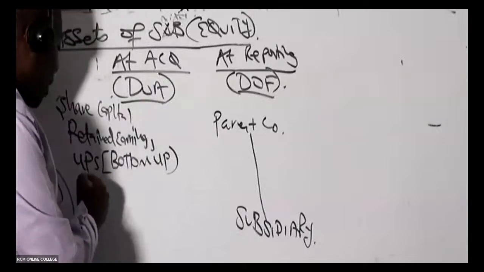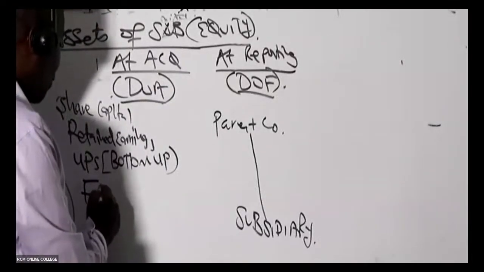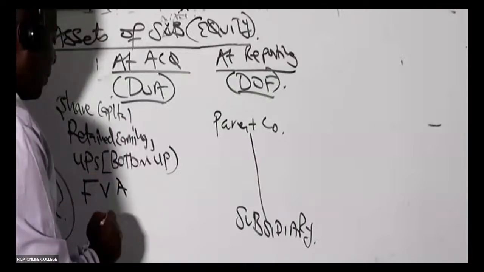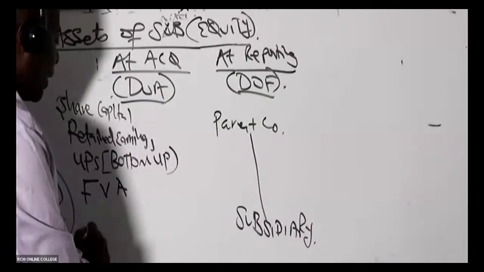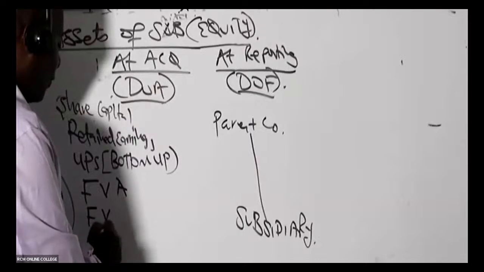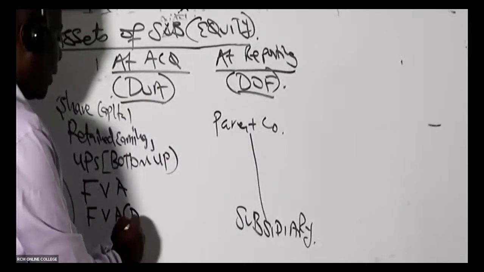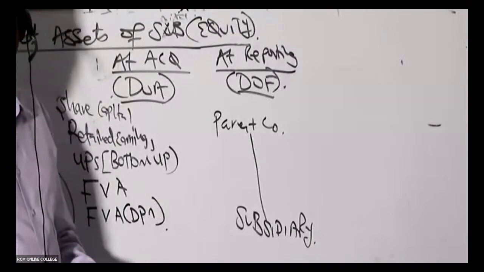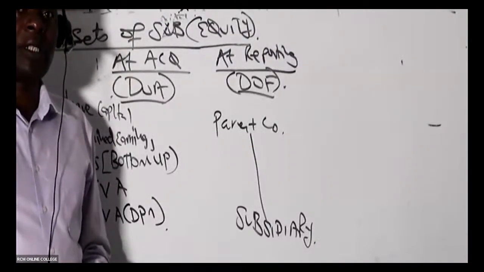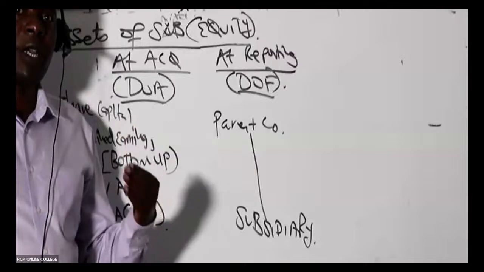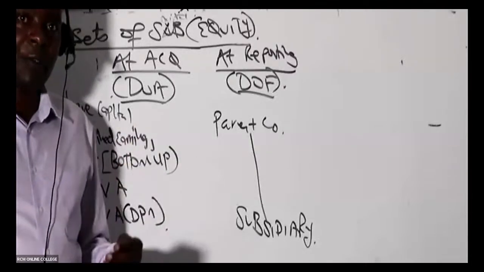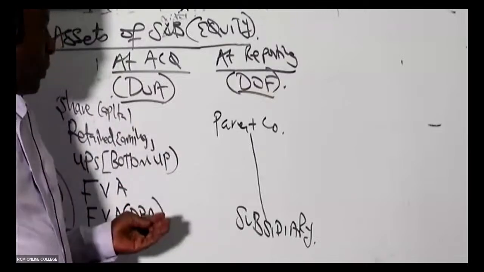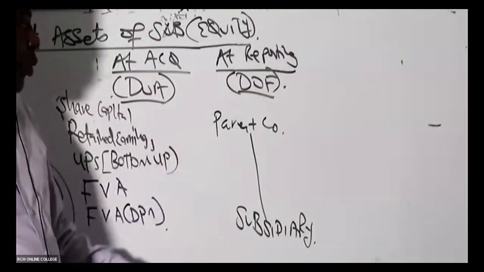After that, ladies and gentlemen, we have what we call fair value adjustment. And whenever we have a fair value adjustment, it will be important to have the depreciation bit of it. Of course, in this question, we were told that the asset that got a fair value uplift was land, which is non-depreciable. But just for the format's sake, we'll need to have these things.